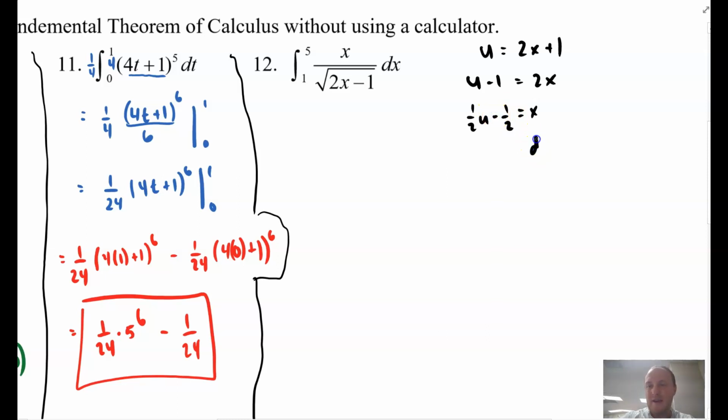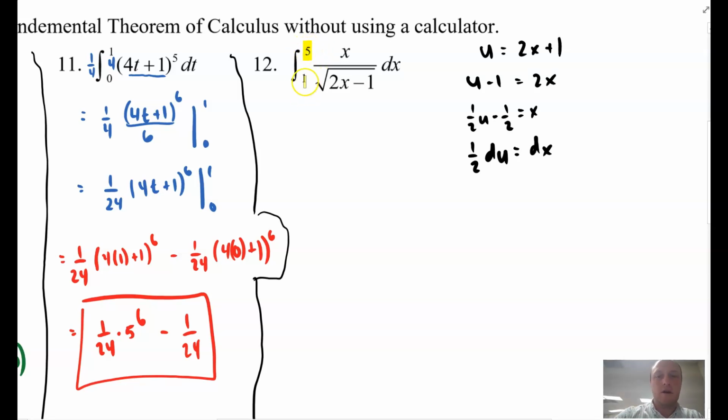Okay, and that dx is equal to 1/2 du. So all I did was identify using a U substitution what dx is, what u is, what x is, and something that we also have to do is adjust